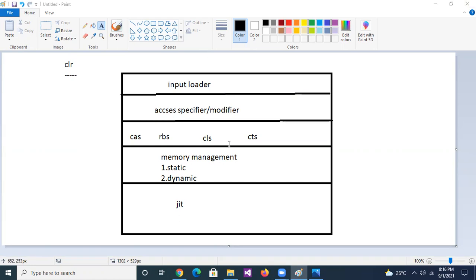Common language specification. So remember, as of now, we are discussing only C#.NET. But actually, the .NET framework supports more than 60 languages. In those,